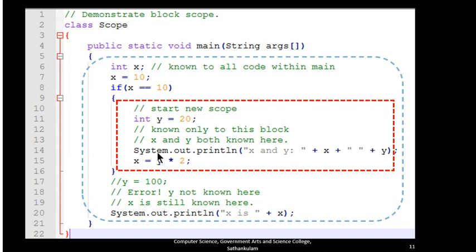This line shows that we are printing the value of x and y. Though x is declared in the outer scope, the value of x is visible within the inner scope. That's why x is equal to y into 2, the value of y, that is 20, multiplied by 2 is assigned to x. This is valid and it will not raise any error. The reason is the variables declared in the outer scope can be accessed within the inner scope. We can see this by the example later.